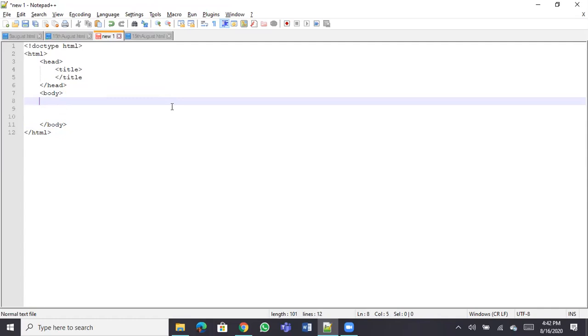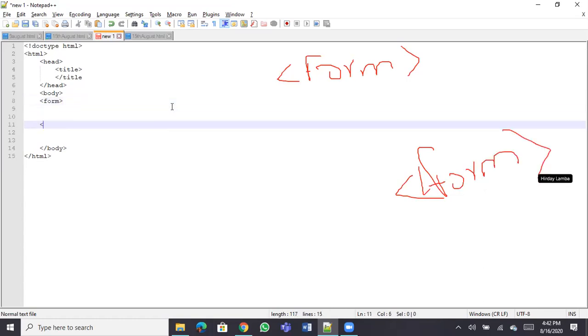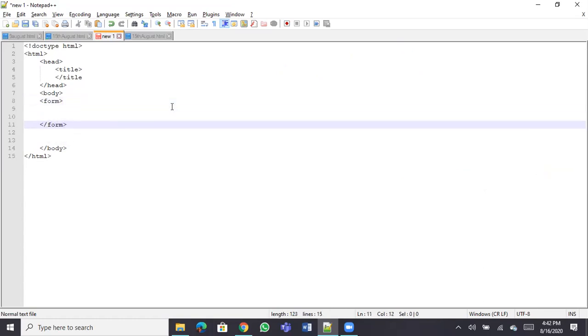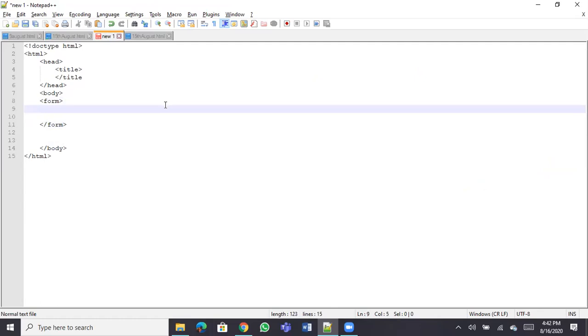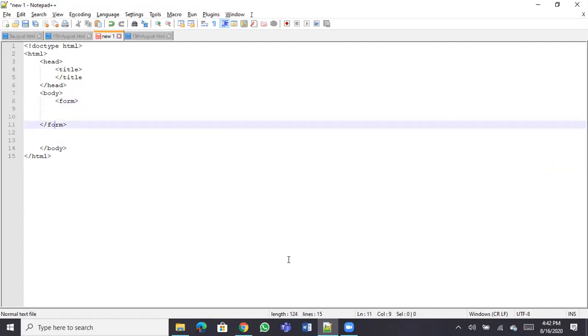Correct. So we will learn a new tag, which is a form tag. So let's have a form tag first of all, and we will close the form tag. On the next line, we have to close the form tag. Now there is a concept known as nested tags.